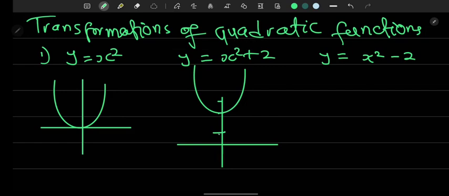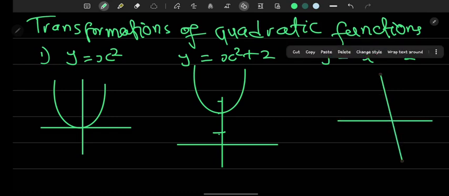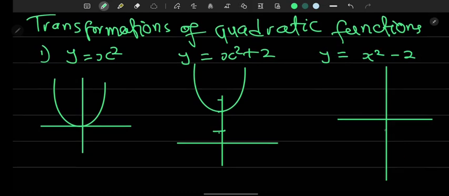Okay, this is 1, 2. Then for y equals x squared minus 2, this should move down 2 units. So this is 1, 2. So you can see the first one, we obtained x squared plus 2 and x squared minus